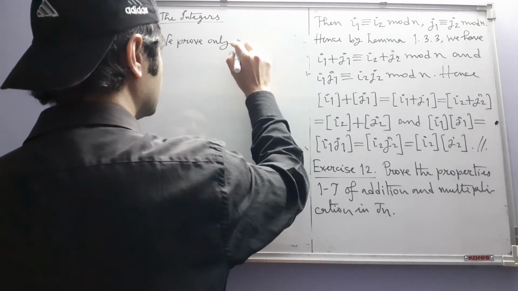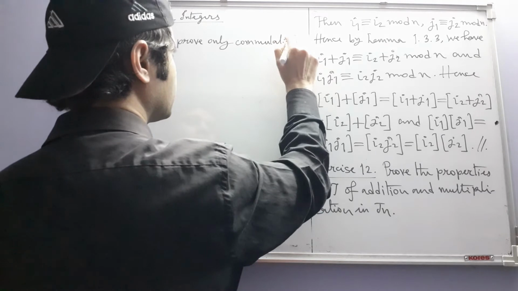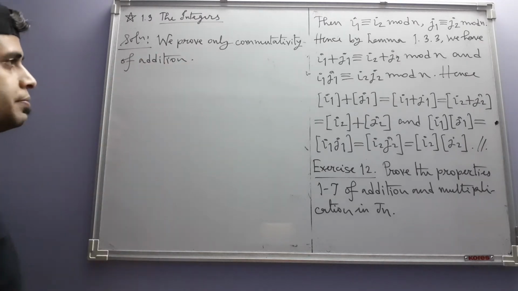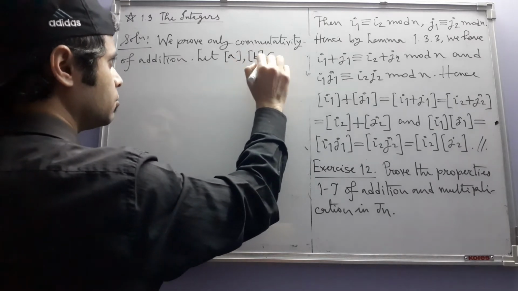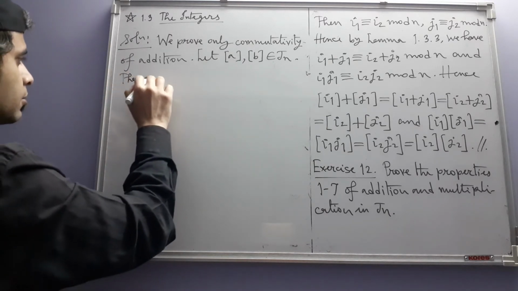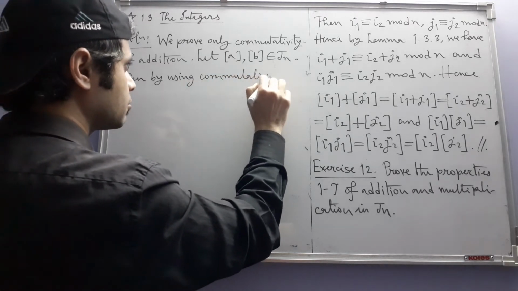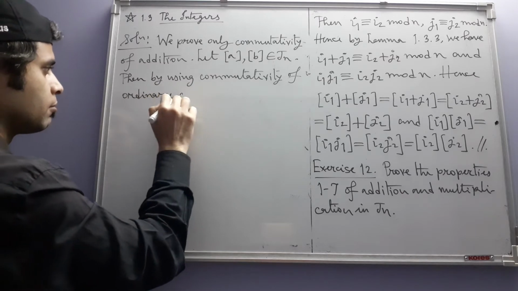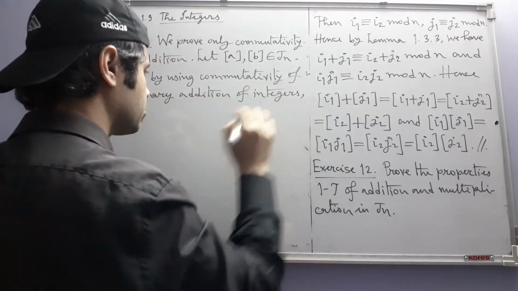We prove only one. So that's why let me choose the first one. Commutativity of addition. Okay, let A and B be two congruence classes modulo n, so A and B are elements in Jn. Then by using commutativity of ordinary addition of integers, we have,